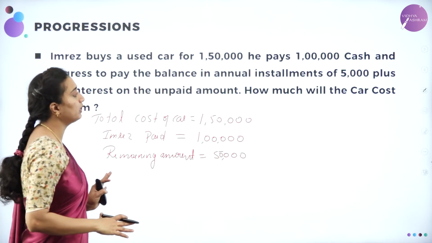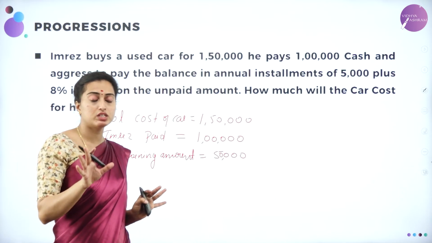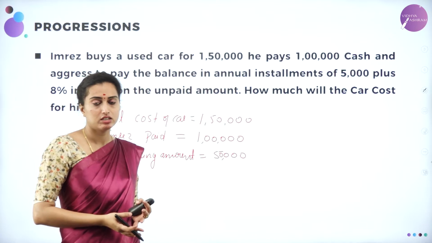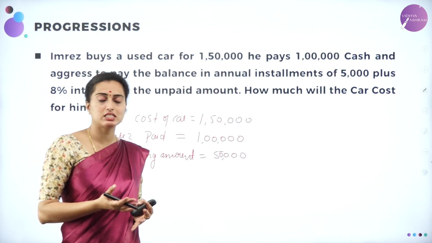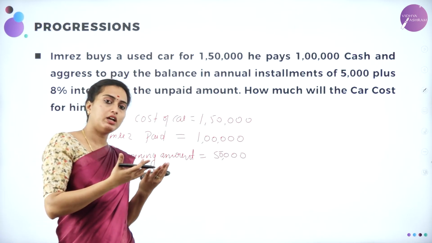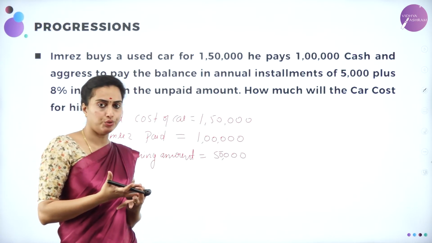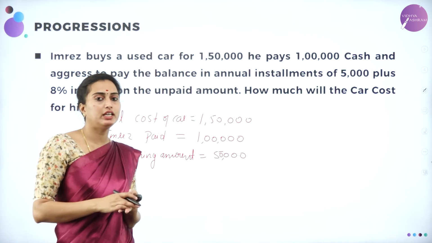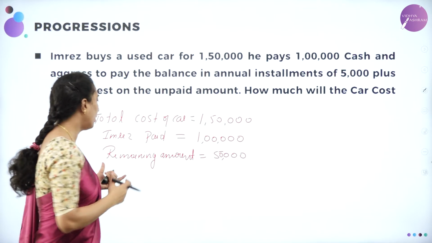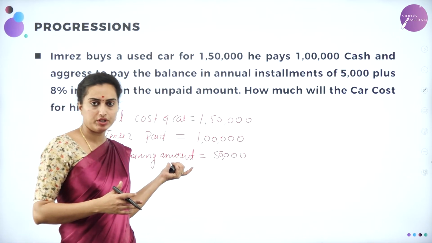Now he is going to pay that amount in installments of 5,000 at 8% interest. Therefore, here I am considering the interest as SI, given by PTR divided by 100, like in the chapter on simple interest and compound interest, you know. It is SI is equal to PTR divided by 100. By taking that formula, I am calculating his interest here. Now, the remaining amount, that is the unpaid amount, you can take it as